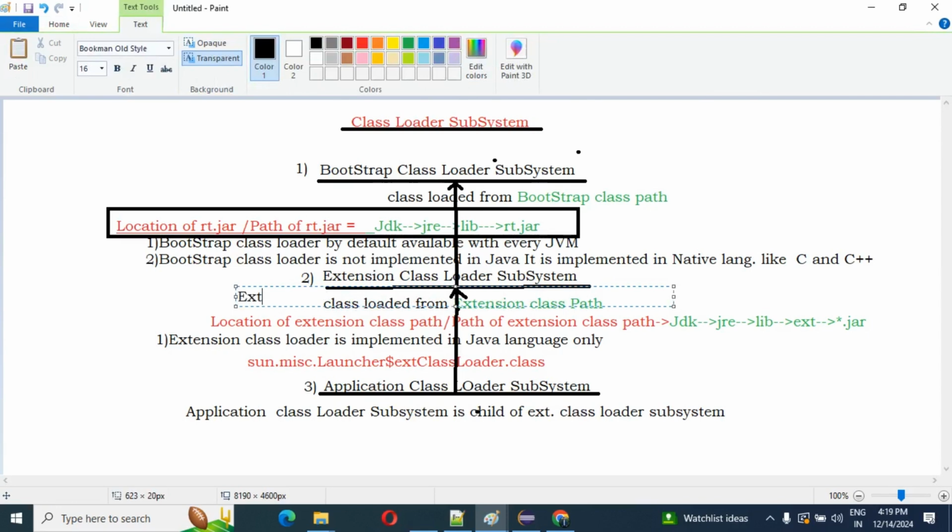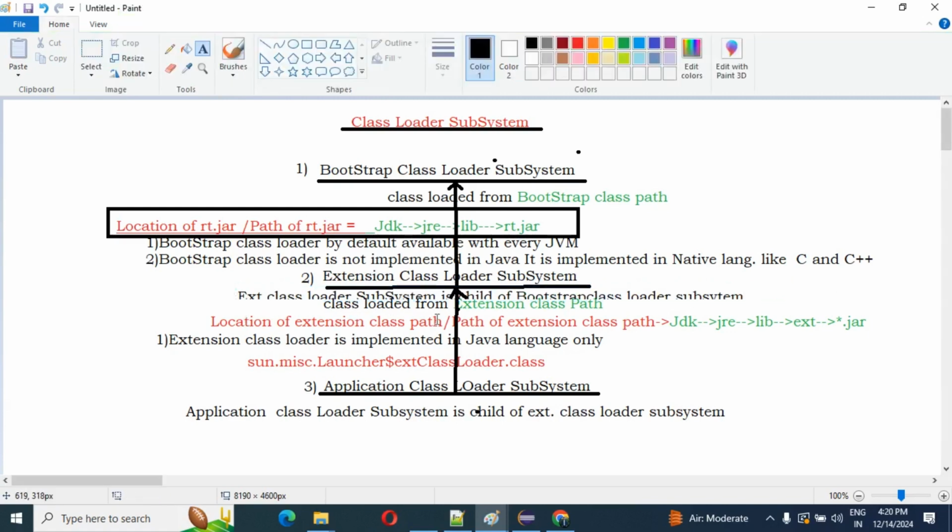The extension class loader subsystem is the child of the bootstrap class loader subsystem.